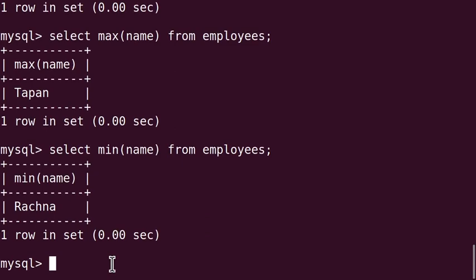Next, we can try whether with the help of max and min function we can get the maximum number or minimum number from the three numbers or not. Bracket, suppose three numbers I have taken 12, 5, 67.